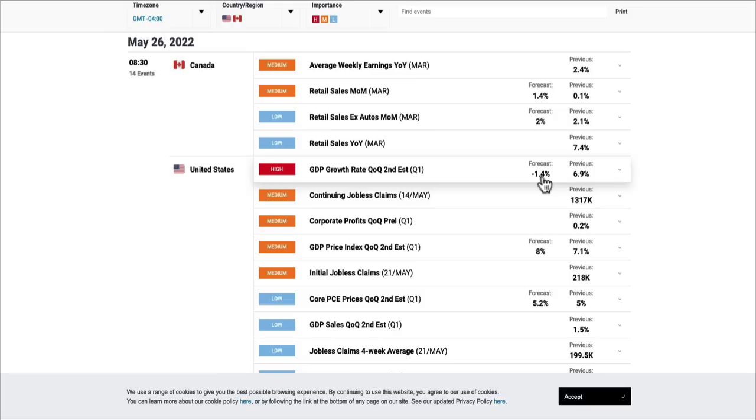Well, we already saw Q1. We already saw the first estimate. We get a second and a third look at the same number. Sometimes it changes as much as 0.2 or 0.3, but it does change, but not much. We have the 1.4. It would be nice to see if it came in like 1.3, something a little bit better. But it's not like it's a brand new number we haven't seen before. It's just adjustments to the first number we had. The first one is called the advanced look, and then we get another look, and then a final look. We get 3 looks at the number as the model tightens up the estimates of what we saw in the first quarter.